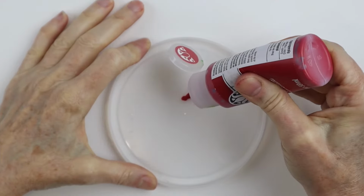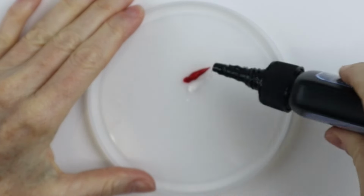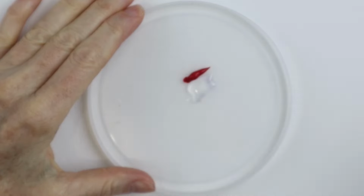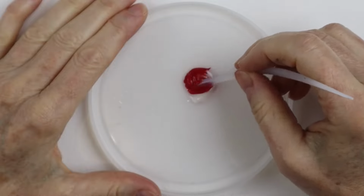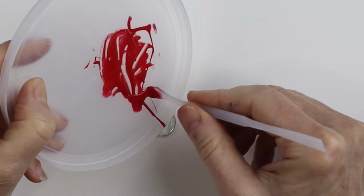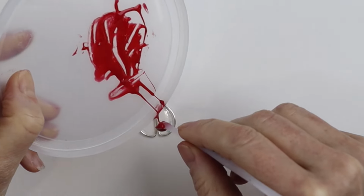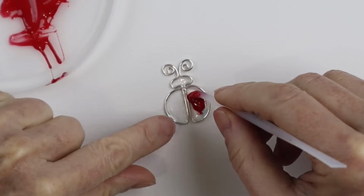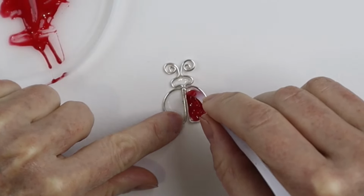Now the third technique is to use acrylic paint. So we just put a little bit of paint and some resin. Susan suggested to do about 30% acrylic paint and 70% resin, and that seems to be a good rule of thumb. My paint was a little sticky, so it ended up being a little bit gummy, so just be careful when you apply it. And we're going to fill in the whole wing with the red